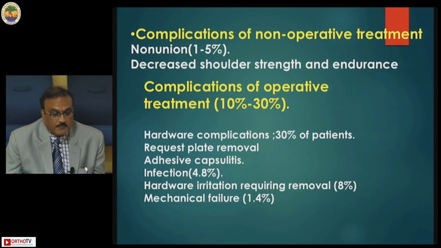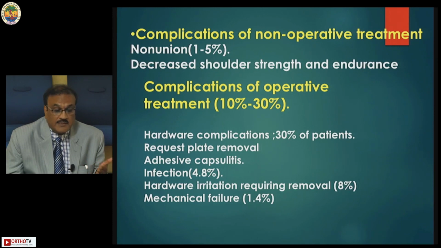Complications of non-operative treatment: non-union is 1 to 5%, along with decreased shoulder strength and endurance, whereas complications of operative treatment are supposed to be 10 to 30%. There are various complications: hardware complication, plate removal, adhesive capsulitis, infection, and so many other things. Because the X-ray looks good, but functionally, if the surgery is not done properly, the patient has